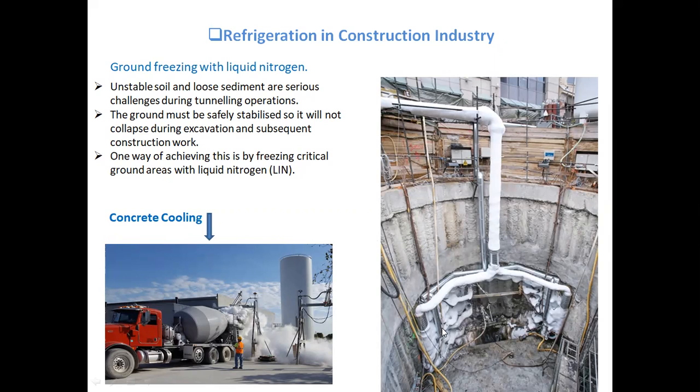So it is very good for safety purposes, and it will avoid the collapsing of this section, or the collapsing of the ground above the tunnel, which makes the construction easy, as shown here in the first diagram. In the second diagram, concrete cooling is also very important, where you can see that liquid nitrogen is mixed with the concrete,